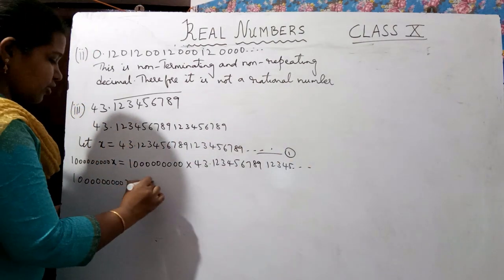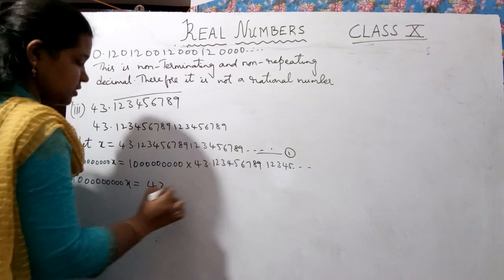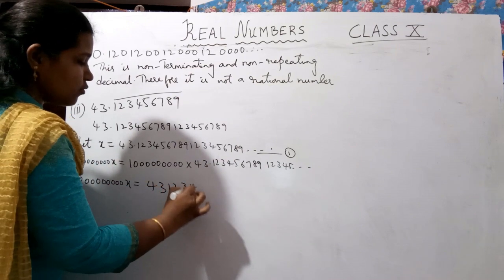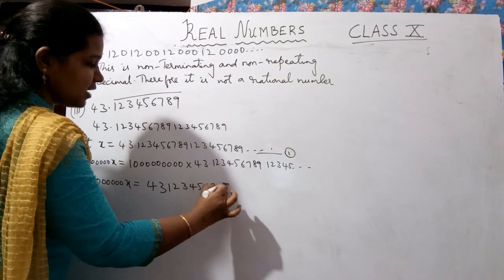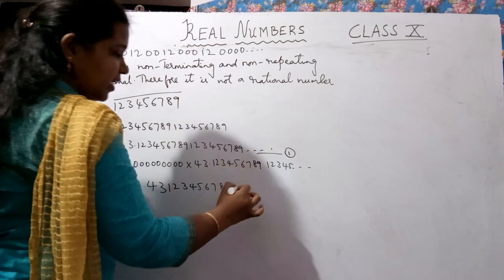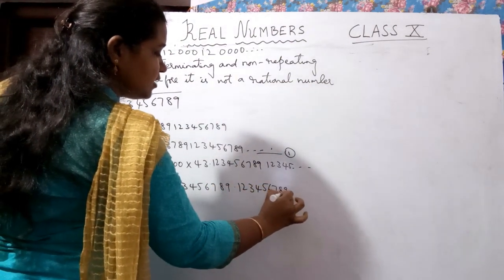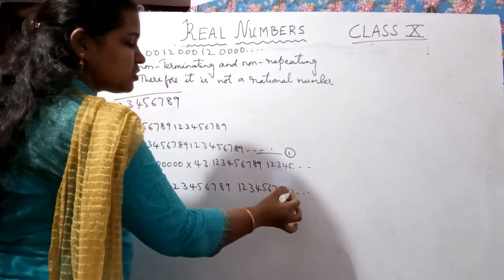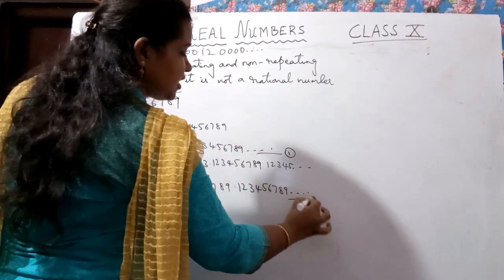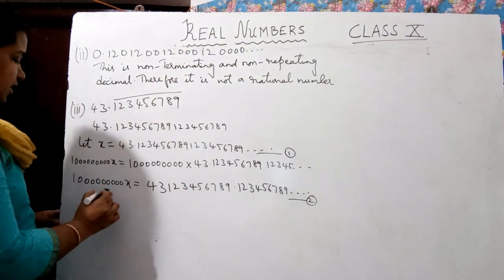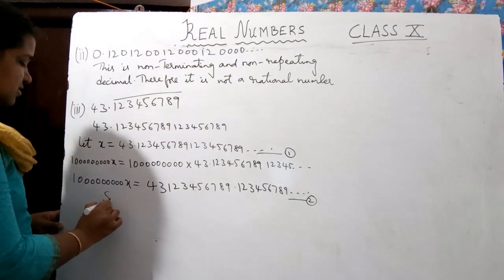So how much will I get? 43. I am writing 9 decimals. So it becomes 123456789. Point. Again you have this 123456789, and so on. Again here you'll start 123456789, and so on. So now solve this 1 and 2. Okay, that is, subtract